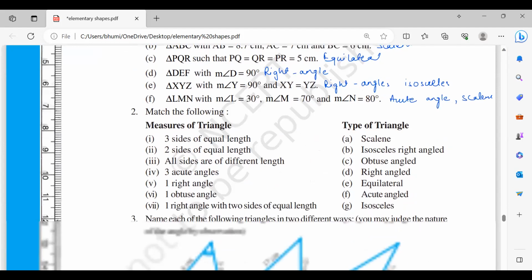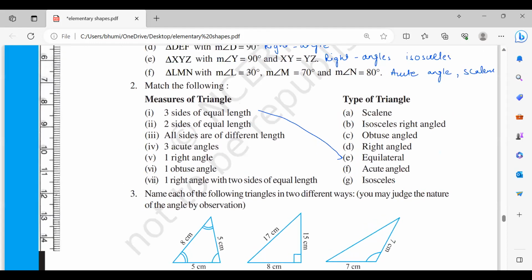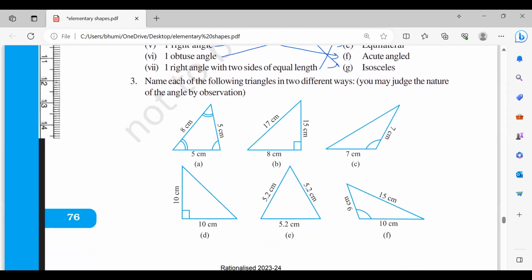Okay. Match the following. Three sides of equal length: equilateral triangle. Two sides of equal length: isosceles. All sides of different length: scalene. Three acute angles: acute angled. One right angle: right angled. One obtuse angle: obtuse angled. One right angle with two equal sides: isosceles right angled. Name each of the following triangles